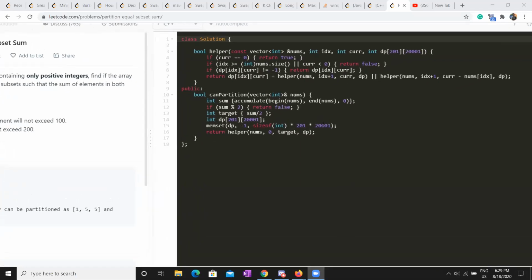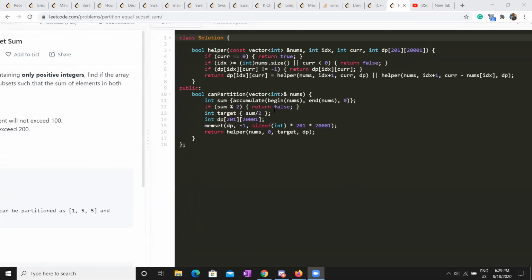This is what I do: in this line, I calculate the sum. If it is odd, that means we can't have an even distribution, so I return false. Else this is my target. And then this is the solution. If I reach the target, that means I have reduced it to 0, which means it is possible to have such a subset, so it returns true.